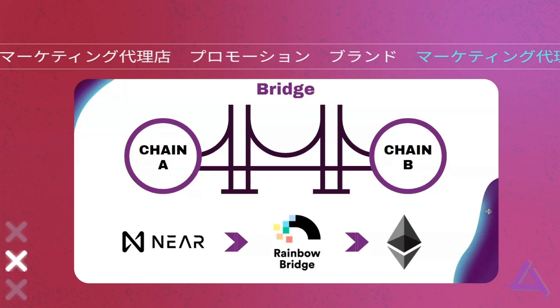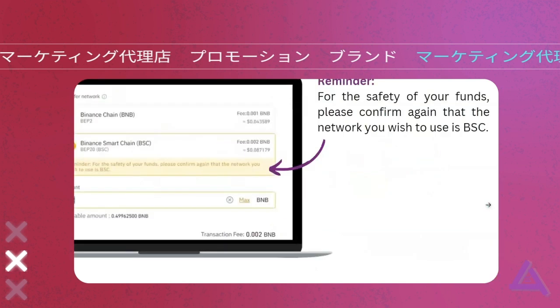That's how it's called, the application, the bridge, the Rainbow Bridge. But if you don't do it, you lose your assets. So here's the thing: back then, Binance didn't have a pop-up like it does right now, that says, "Oh yes, you're trying to do a transaction from chain A to chain B," and I lost my assets. I don't remember how many cryptocurrency I had back then, but I lost my assets.